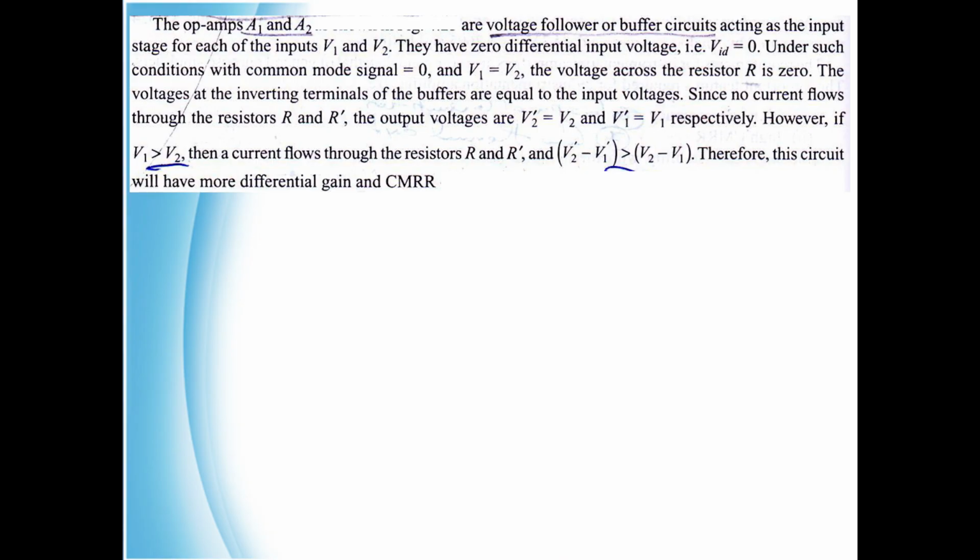The voltages at the inverting terminals of the buffers are equal to the input voltages. Since no current flows through the resistors R and R dash, the output voltages are V2 dash equal to V2 and V1 dash equal to V1 respectively. However, if V1 is greater than V2, then a current flows through the resistors R and R dash, and V2 dash minus V1 dash is going to be greater than V2 minus V1. Therefore, the circuit will have more differential gain and